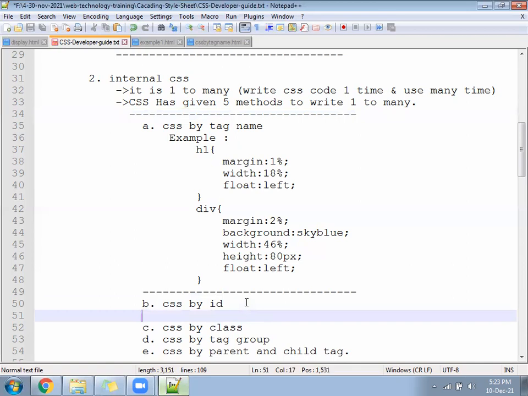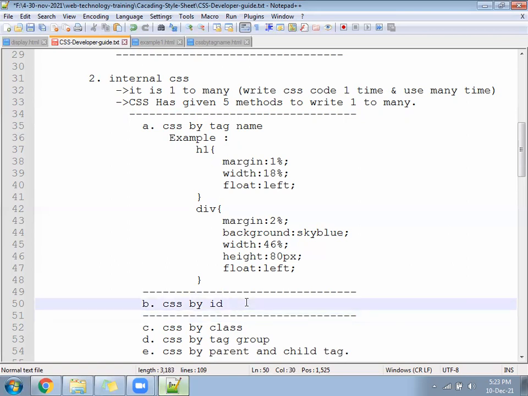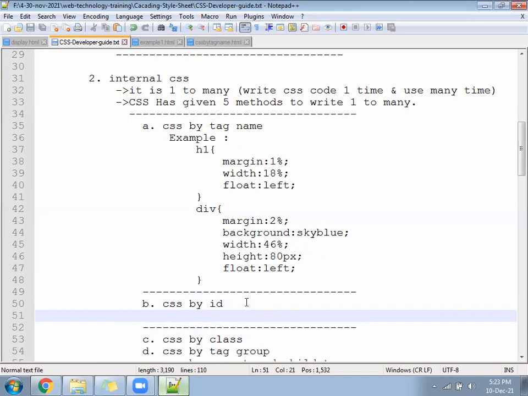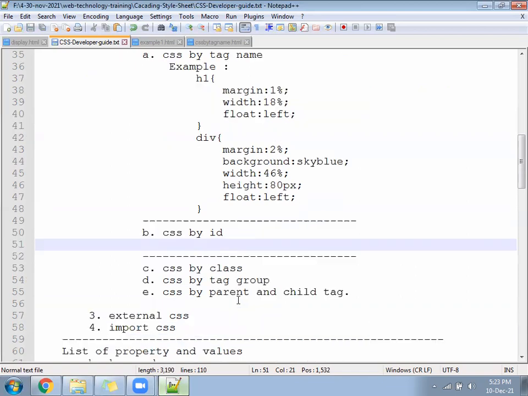CSS by ID. We will create an example file, CSS by ID.html.